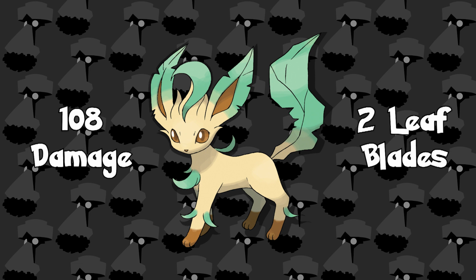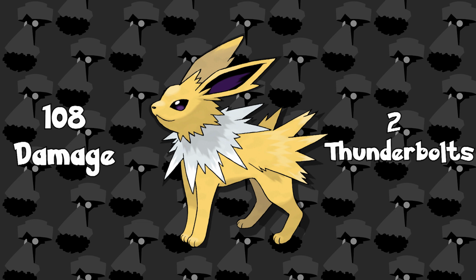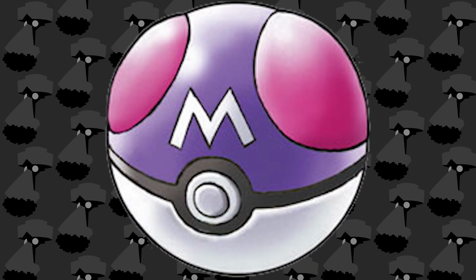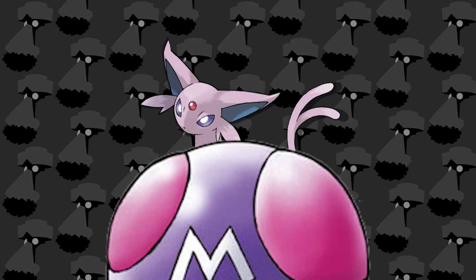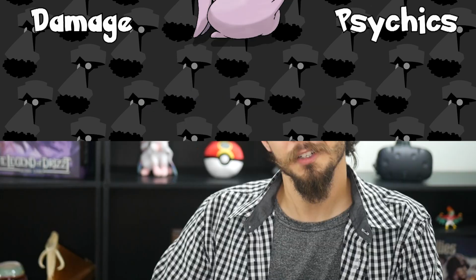and our first to get off 2 attacks. As we pull up to second, our Ultra Ball goes to Jolteon, 108 damage on 2 Thunderbolts, delivered blisteringly fast. And getting the Master Ball in our first bout, in first, Espeon, with Psychic, dealing 110 damage on 2 attacks. Here's the scorecard, and after our first contest, we can see that Espeon is on top. Which brings us to